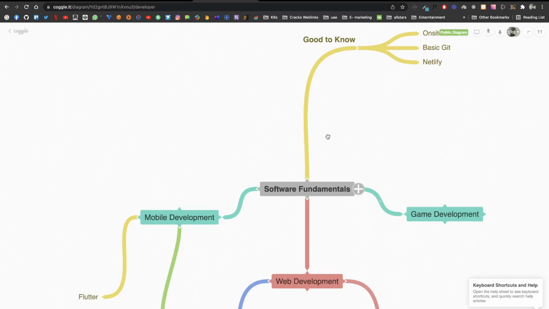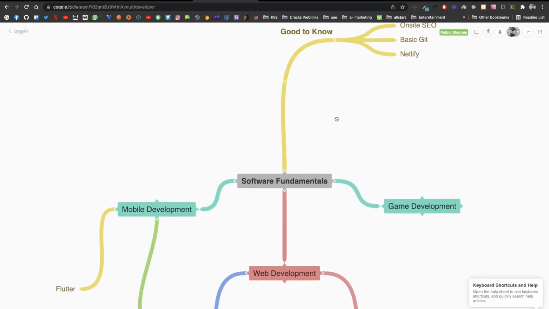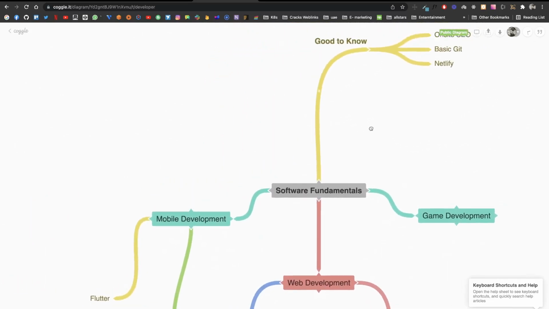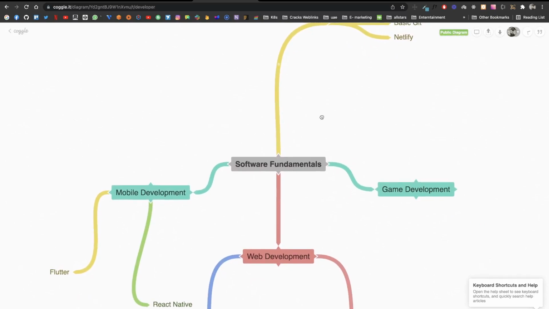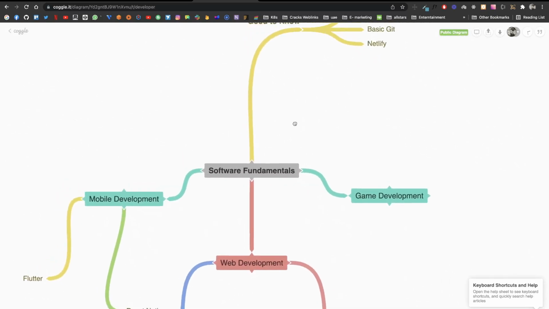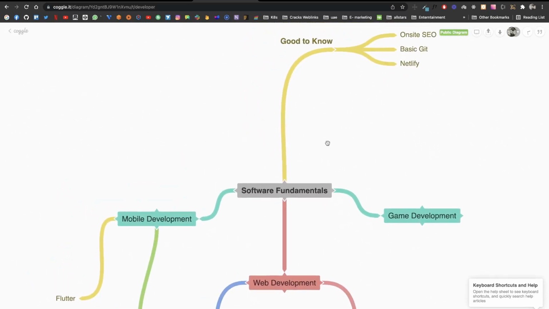So I'm here to teach you exactly what you need to learn and what you don't need to learn. Let's start with an overview that I have created for you, to understand the different paths and which is the best thing that you must learn.